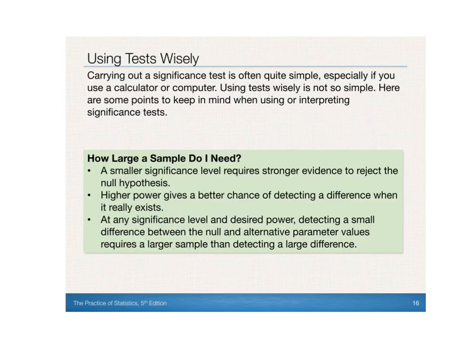Okay, so another thing we need to consider is how large a sample do we need. Carrying out a significance test is often quite simple, especially if you use a calculator or a computer. Using tests wisely is not so simple, so here are some things we need to keep in mind. How large of a sample do we need? A smaller significance level requires stronger evidence to reject the null hypothesis. Higher power gives a better chance of detecting a difference when it really exists. At any significance level and desired power, detecting a small difference between the null hypothesis and alternative parameter values requires